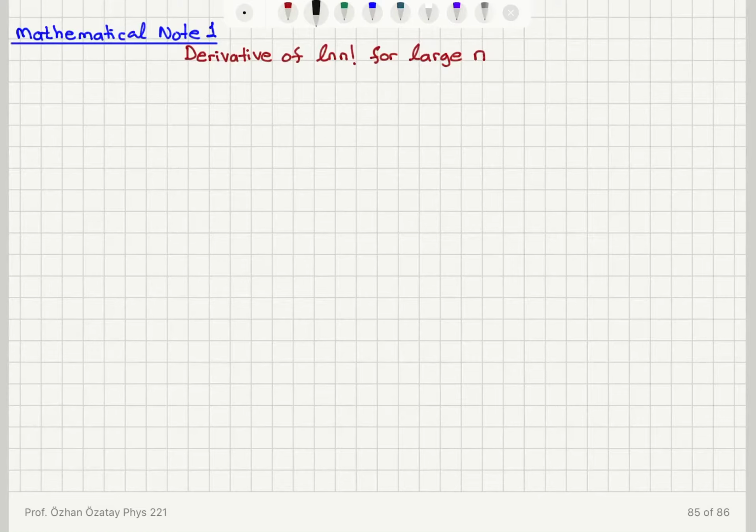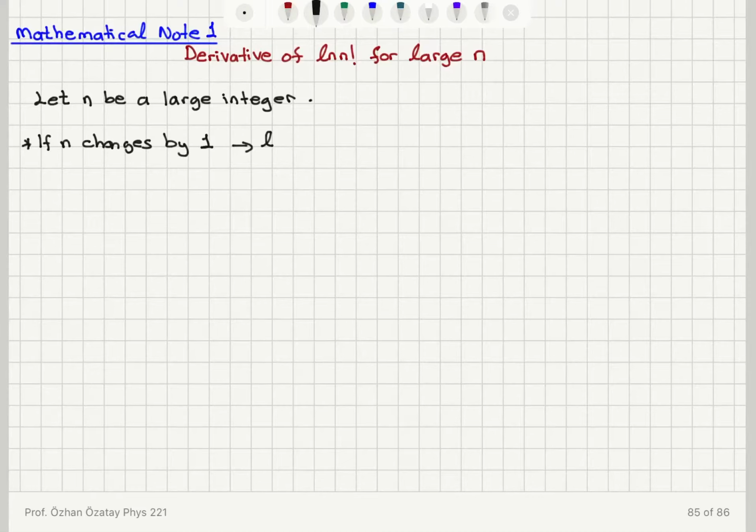So first of all, this n that we're considering in our discussion is a large integer. So let's have n be a large integer. If I change the value of n by 1, I'm going to make an observation here. If n changes by 1, if I go from n to n plus 1, a natural logarithm of n factorial changes by